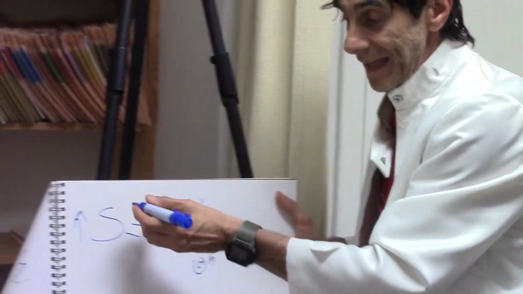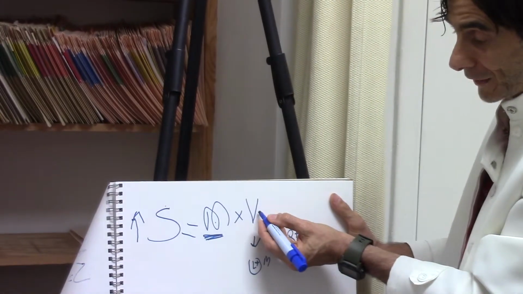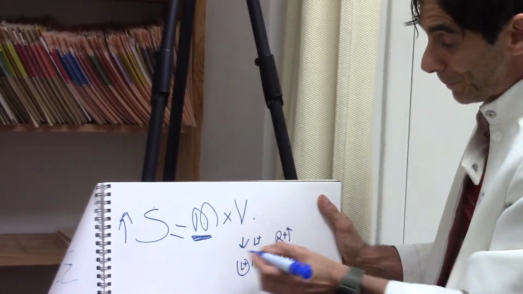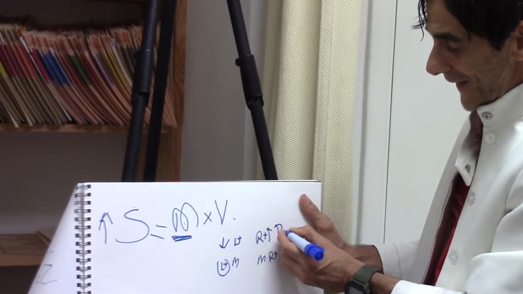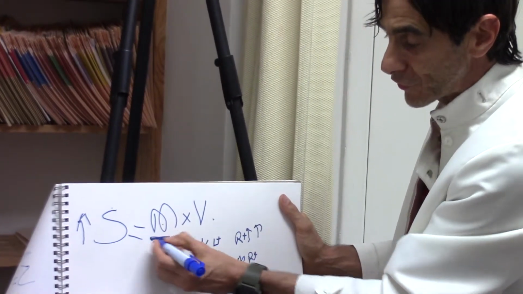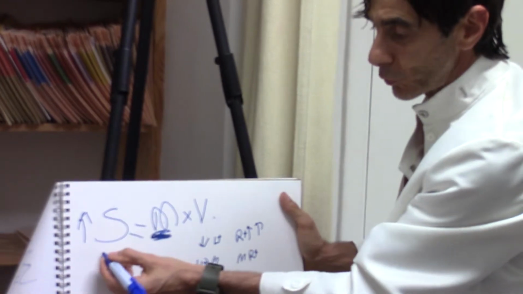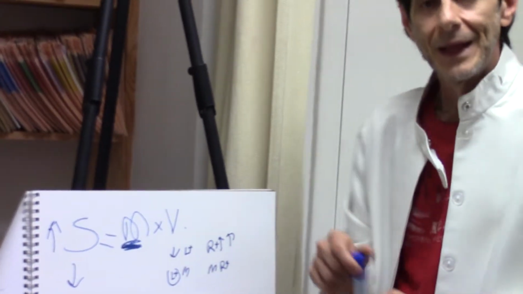The right knee has greater volume than the left knee. Thus, this volume on the right knee would be higher. Thus, since the mass is constant, the stress would be lower. I know it's a little bit tricky to understand this when it's presented the first time like this, but